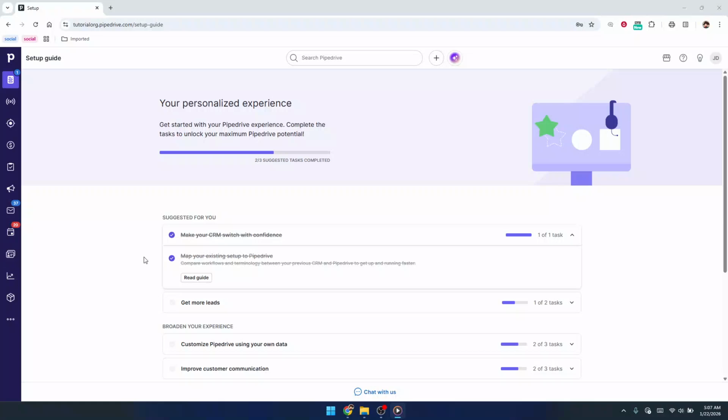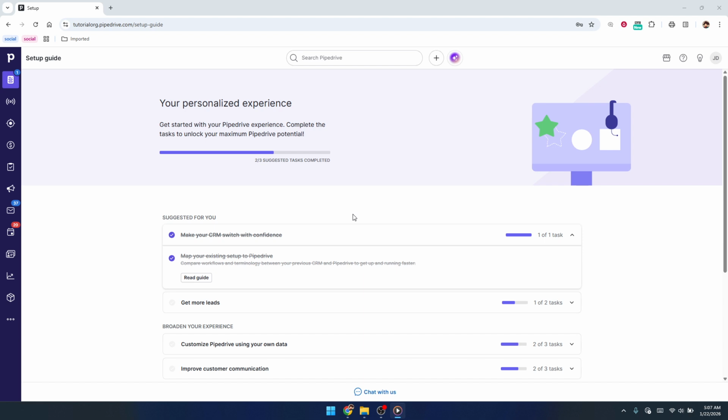In today's video, I'm going to teach you how to delete or remove Google Meet from Pipedrive CRM. If you've connected Google Meet to your Pipedrive account and you're no longer using it, or you just want to declutter your workspace, removing the integration is quick and straightforward. I'll walk you through the exact steps, and you can follow along in your own account while you watch or